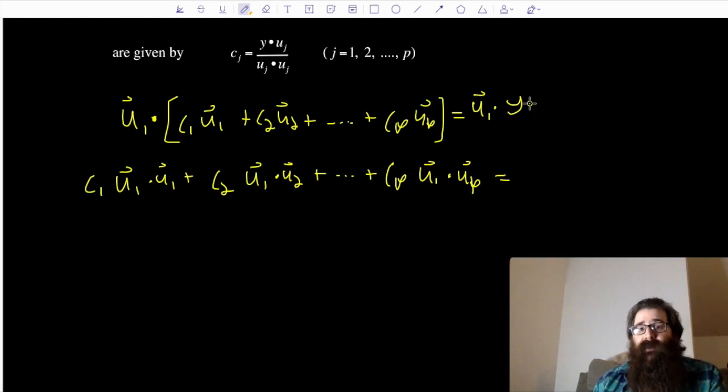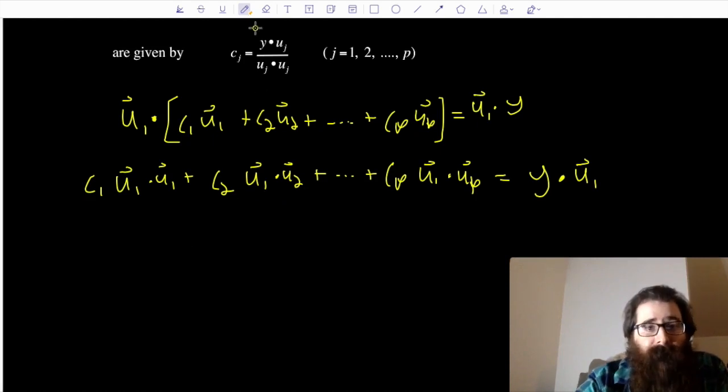So u sub 1 dotted with y is the same as y dotted with u sub 1. I'm just going to write it this way because I think it shows the result perfectly against our theorem. But I mean, it's the same thing anyways. And now what I can say about this, sort of going further,